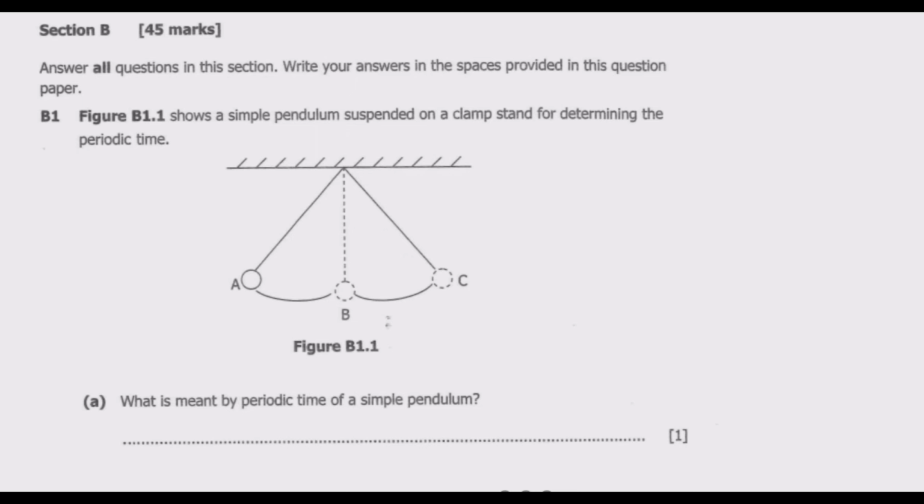Figure B1.1 shows a simple pendulum suspended on a clamp stand for determining the periodic time. What is meant by periodic time of a simple pendulum? So this question just requires us to define what periodic time is. So the periodic time basically refers to the time taken by the pendulum